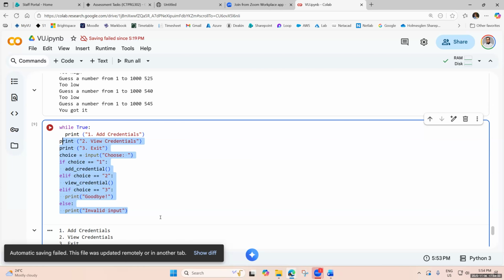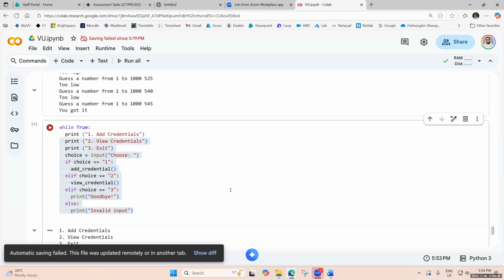So I select all of those lines and I send them one space to the right. So while True, keep repeating this menu. Keep printing add credentials, keep printing view credentials, keep printing exit, and go through this process again and again. Now that we have a loop,